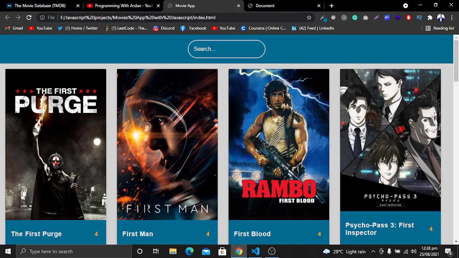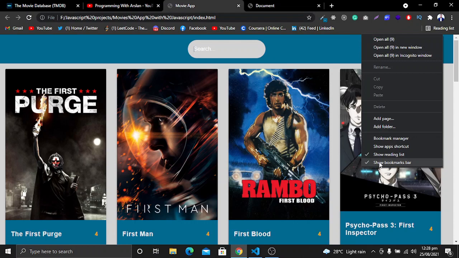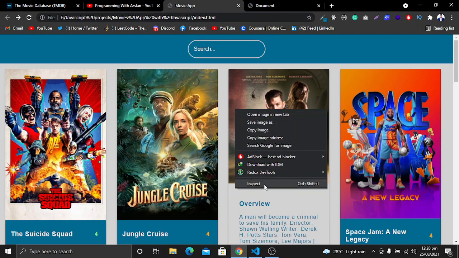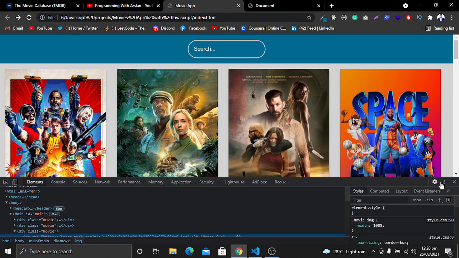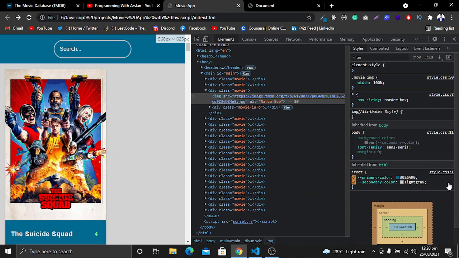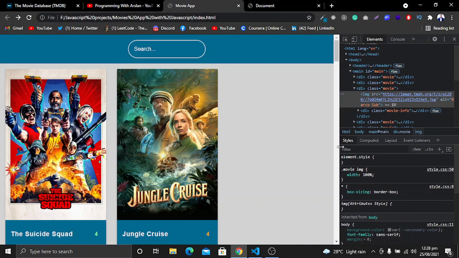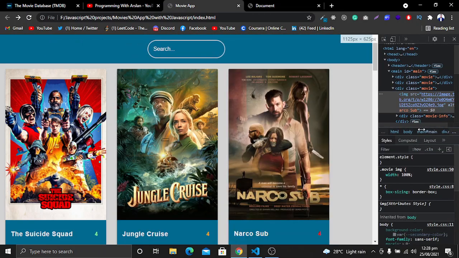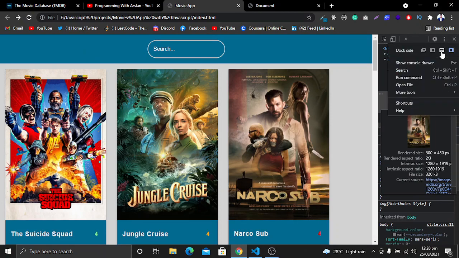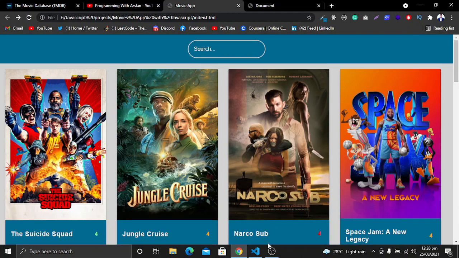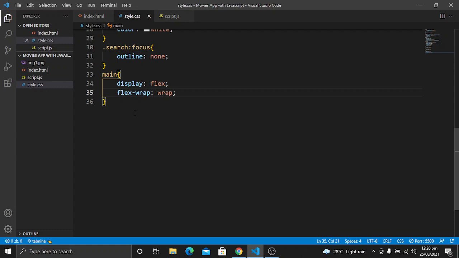So what it will do is, as you will see here, so let's, oops, what's happening here. Just inspect it. And now you will see what this flex wrap of wrap will do. If there is not enough space for, for example, three movies, when our screen becomes smaller, it will wrap the movie into the next line, and in a similar way. So this is a very good step for the responsiveness of our applications. Now let's go to the code editor, and we have flex wrap of wrap.